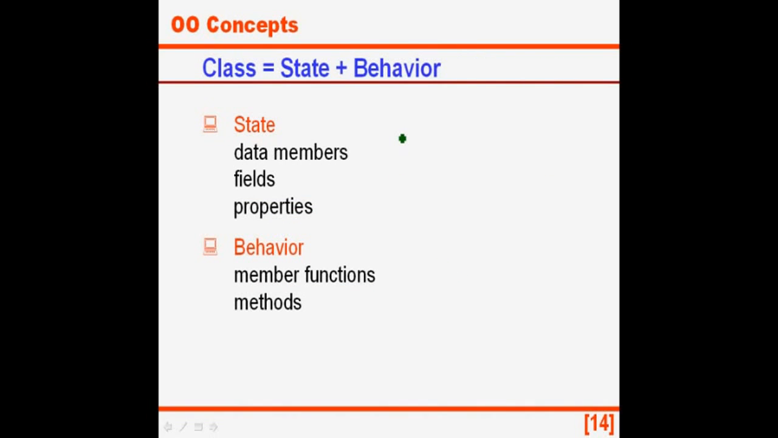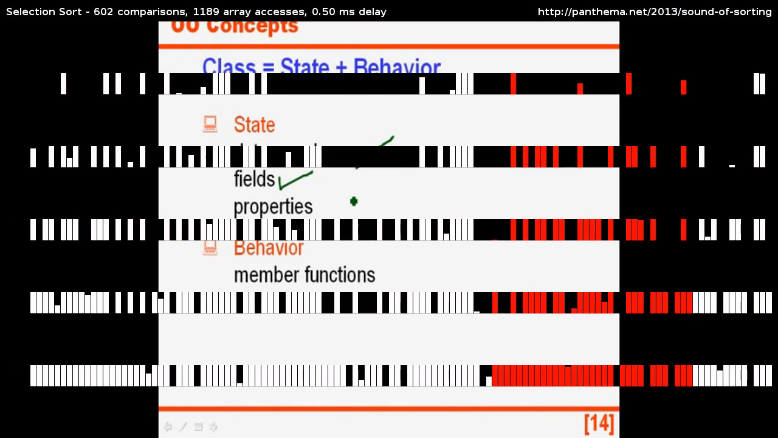Looking further on the class equals state plus behavior equation, the state is often referred to as data members if we are talking about C++ programs. In other languages like Java, they're known as fields, visual